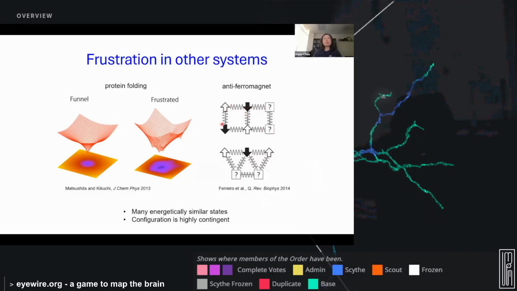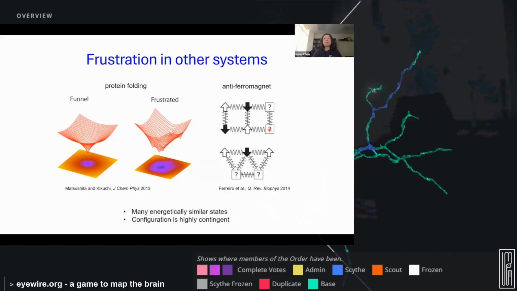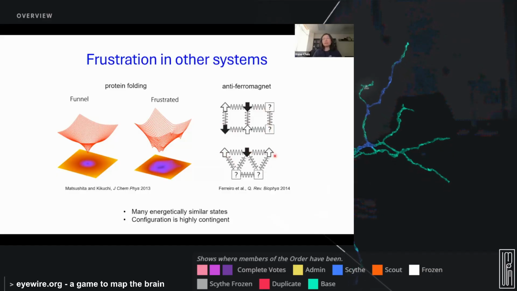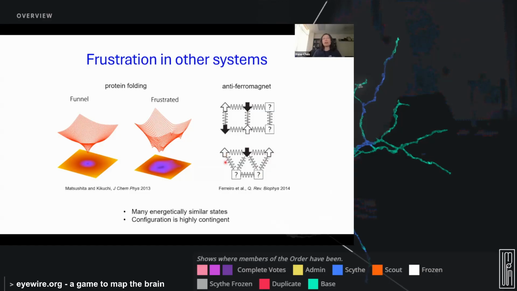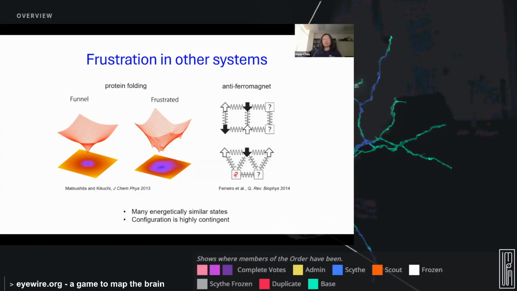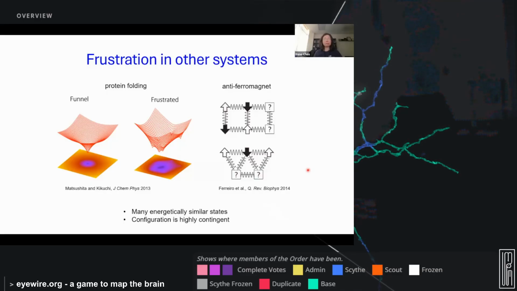And that's totally possible if you have this sort of geometry. But if you have a geometry with triangles, then in this case you don't know how to assign the ups and downs here. So you have many different solutions that all are suboptimal, or they all have similar